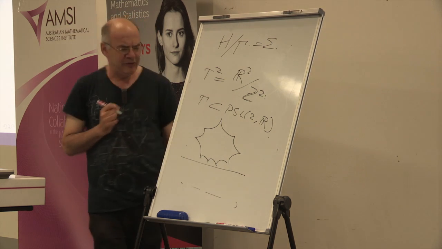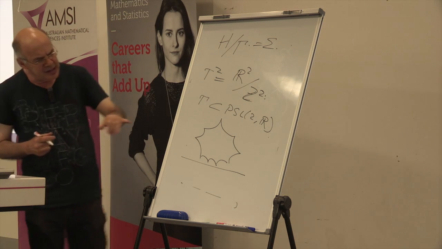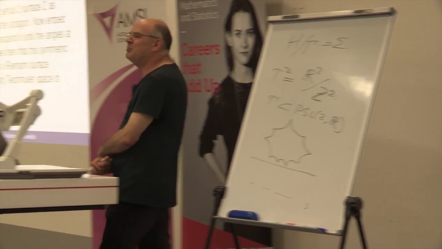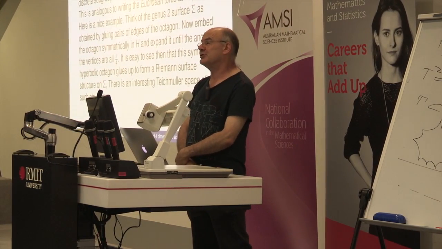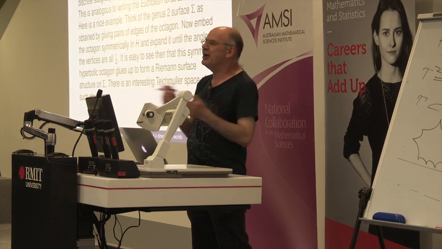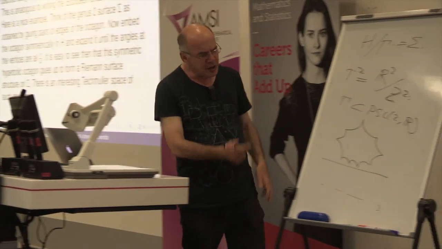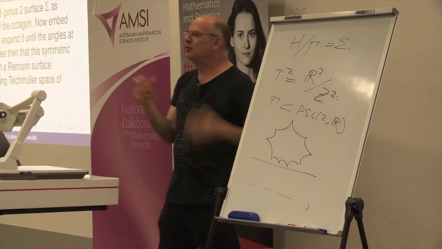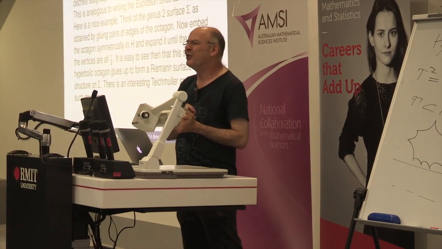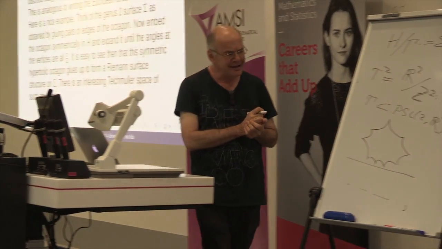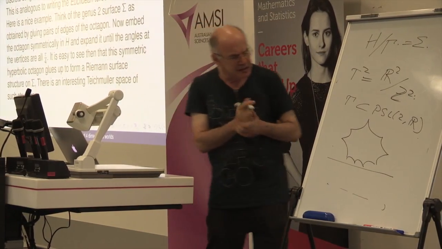I'm not even sure if I have the right number of sides. But these boundary curves have to be geodesics, so therefore they have to be arcs of circles. An edge, a straight line in our geometry, is a circle. So this is what our octagon is going to look like. This is a very stylised picture because it's way too difficult for me to draw it really accurately. But there are lots of books where you can see pictures of these things.